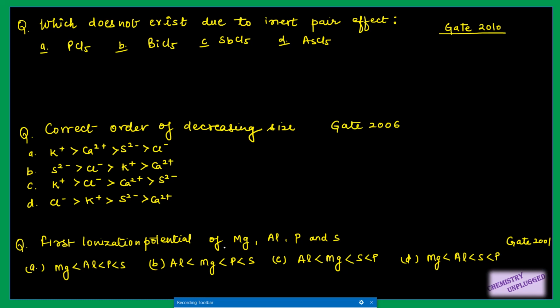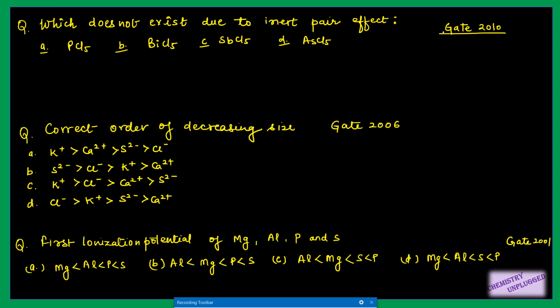So I have not taken all questions from this topic from NET and GATE, because those questions were very basic type questions. Means what will be the pattern of ionization energy, what will be the pattern of ionic radii for the cationic or anionic elements. So you can easily identify that ionic radii will be greater for the anions and lesser for the cations. So that type of question I have not included.